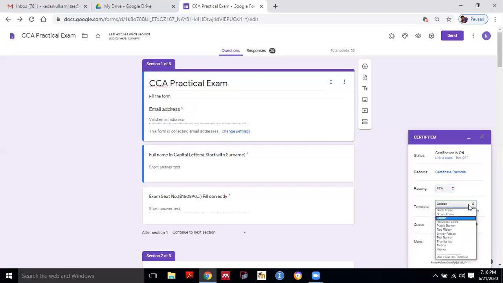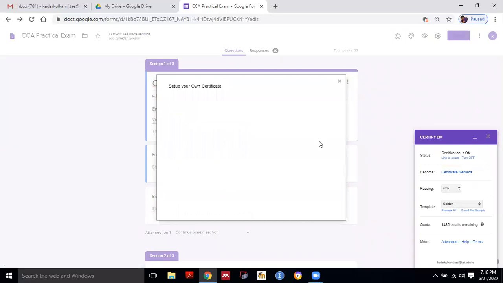Now templates are there. So if I will click on any of the template, it will show our regular template, which is already with Google, but I will select use a custom template. So when I will use a custom template, then I have to select a new file.